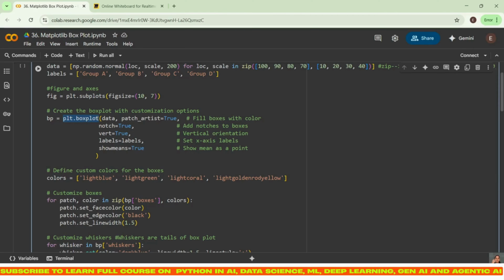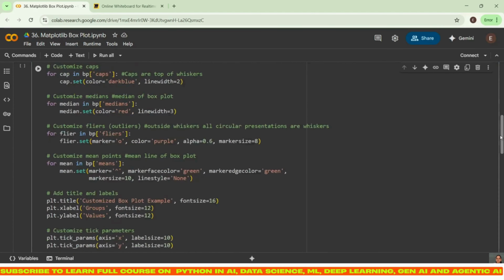plt.boxplot, guys. So in Matplotlib, we have an inbuilt method for box plot, plt.boxplot. What are the things it is expecting, guys? It is expecting data, right? It is going to take that data, right? Then after that, patch_artist. If patch_artist equal to true, it is going to fill boxes with colors. Okay, notch.